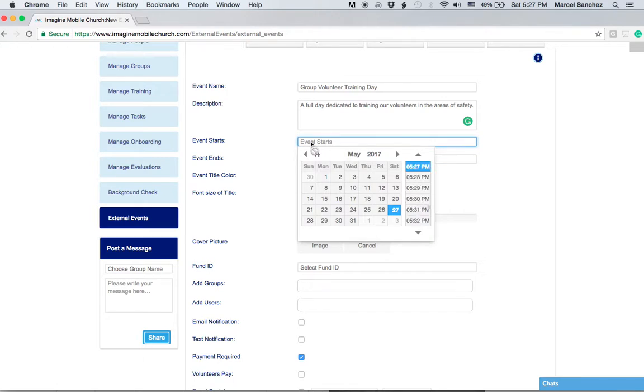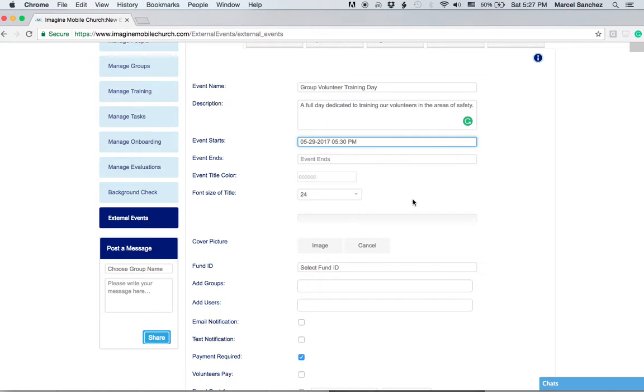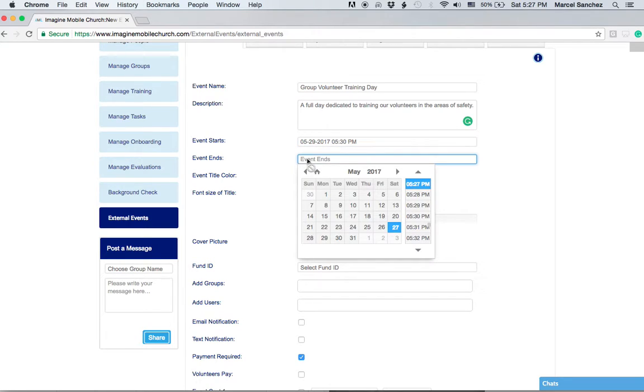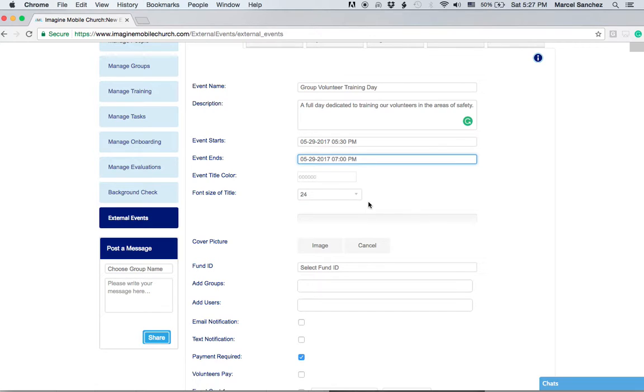Now the event will start, for an example, on Monday the 29th, and we'll put here 5:30 p.m. The event will end on Monday the 29th, much later. It's going to be 7 p.m. to be exact. So we put the start time, we put the end time here,